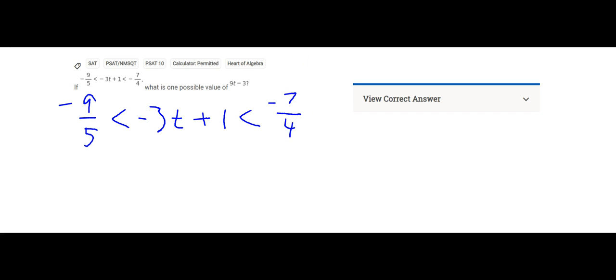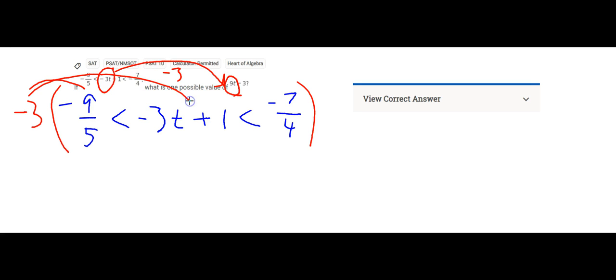Okay, now I'm going to switch to the red color. What I would like you to see, and this is not something that a lot of you are going to see right off the top of your head, is that I'm going to multiply by -3. Why did I say that I wanted to multiply by -3? Well, when I looked here and I saw that they had -3t, and what they're really interested in, 9, I said, what would make me go from -3 to -9? If I multiply by -3, that would make that happen. And that's going to take us straight to the correct answer. So if I distribute that all the way through, remember it's -3/1, so that would be